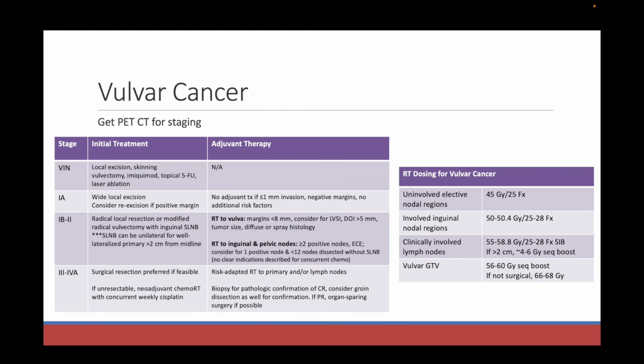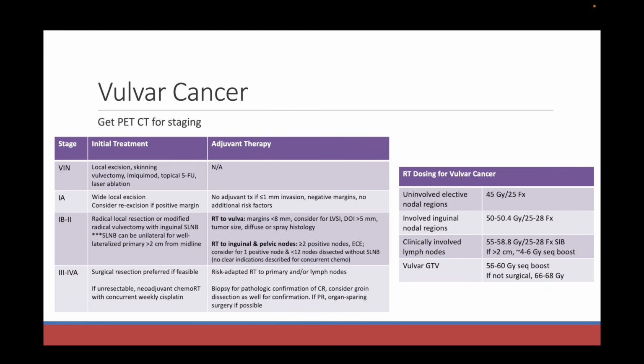Many times in practice, what we end up seeing is patients that have unresectable vulvar cancer, and these patients we often do treat with concurrent chemoradiotherapy. And in the smaller table on the right-hand side, I have the radiation dosing that we think about for vulvar cancer. So the pelvic nodes, and keep in mind that in vulvar cancer staging, if you have pelvic lymph nodes,